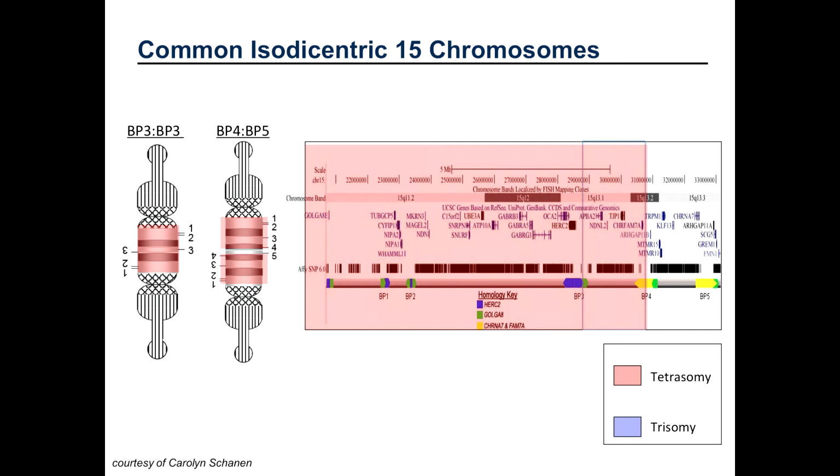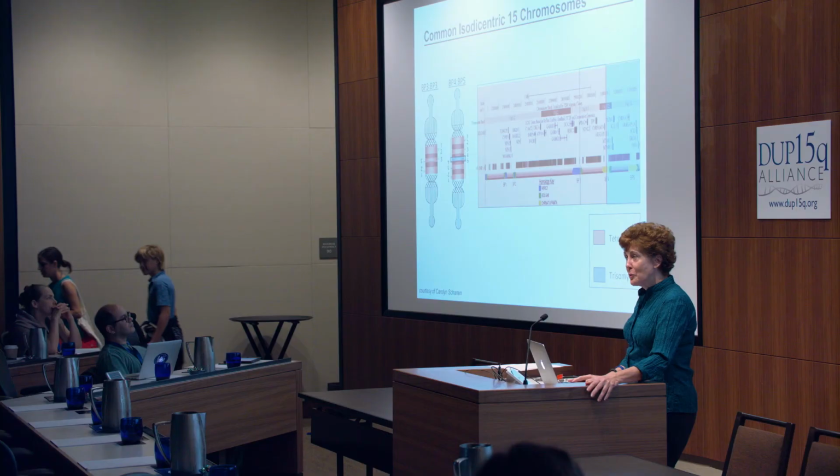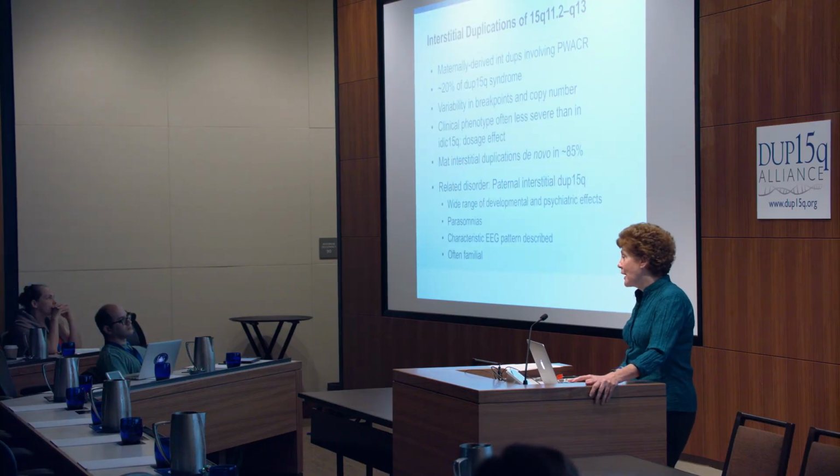And so you have 2 sides with that. But then in addition, one of those parts of the derivative has part all the way through breakpoint 5. So you end up with tetrasomy for some parts and trisomy for other parts. Again, it's very variable, but these are important things maybe down the line, since there are gene dosage effects that might help us to understand some variability in the phenotype.